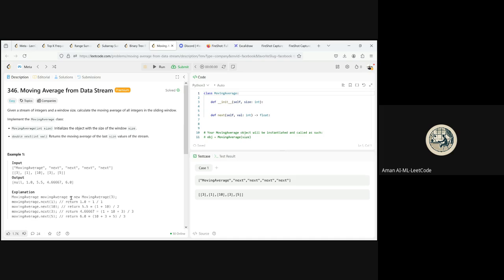The explanation here is we have 3. Then moving average, whenever you get the next, you get a value also. This value gets added to the list. Okay? So it goes like this. We have 3, which was initialized first. Okay? After that, 1 was added. Okay. When 1 was added,